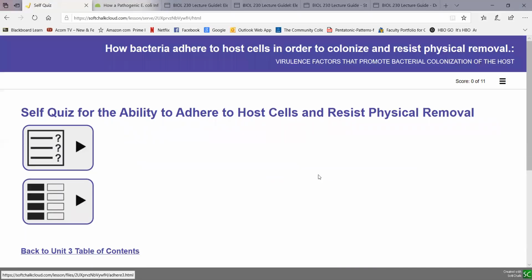So that is the role of bacterial adherence in promoting colonization by being able to adhere to host cells using pili with adhesive tips and or cell wall adhesins, and through a glycocalyx or biofilm, they are able to colonize host cells and resist